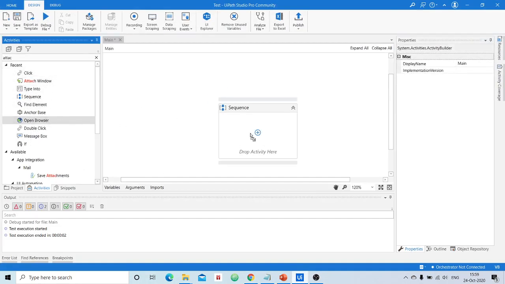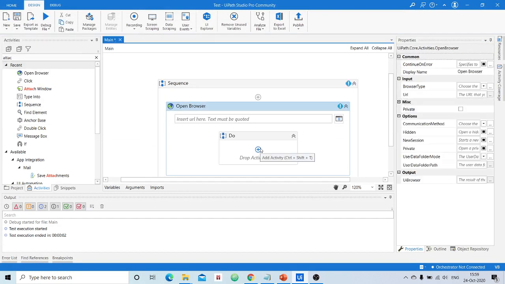I think you people are familiar with the Open Browser activity, whose job is to open the browser that you have specified by specifying the URL. So I have just pasted that URL. Browser type, I can let it be default, no problem, or else you can specify it explicitly as I have taught in the previous classes.